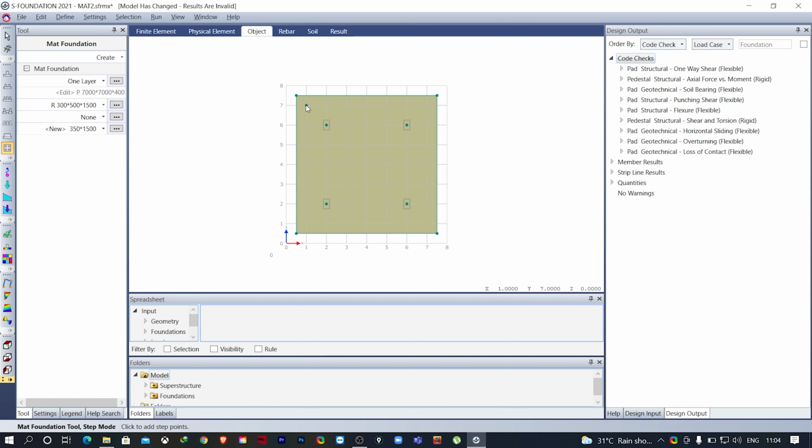I will click on this point. I will leave the Alt button and create the step here, and finish at the first point again. Again, I'll create here. I will press Alt, leave Alt and create the step. Again, I will press Alt, click here, leave and create the step. And we'll do the same here also.